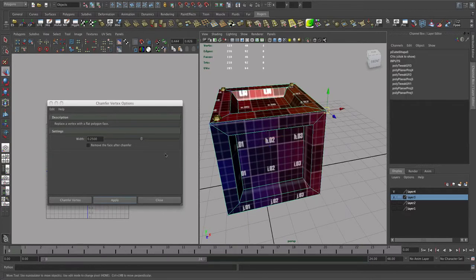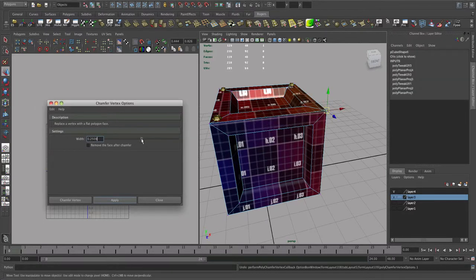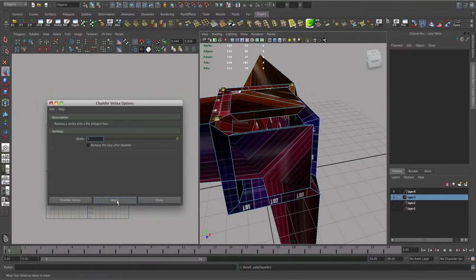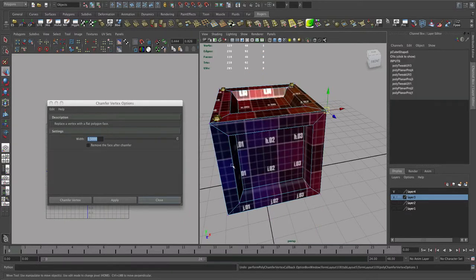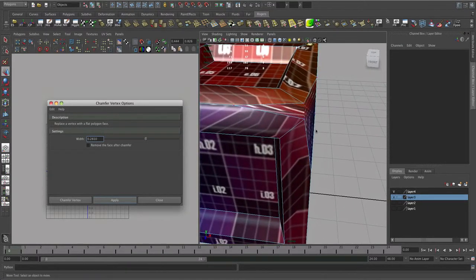Select vertex. There we go. I chamfered one vertex. I don't actually want to make that one. Let's make it 5. Oops, that was horrible. Sorry, I looked a bit too much there. Let's just undo that. Let's make it... Okay, it's kind of done what I want, but